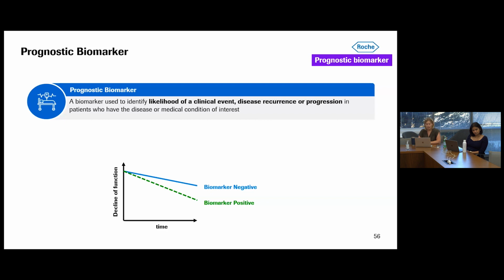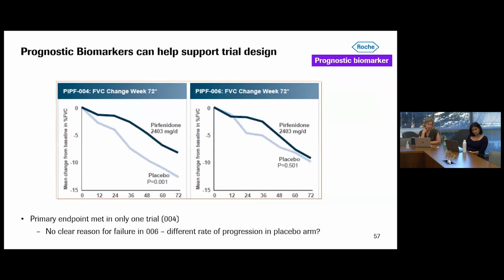So why are these biomarkers important? I have a really great example on the next slide, which I touched upon. They're really critical for how we support trial design. To Priti's earlier point, clinical trial design is so critical. It really makes or breaks your ability to test your hypothesis and your drug. And so this is an example of two